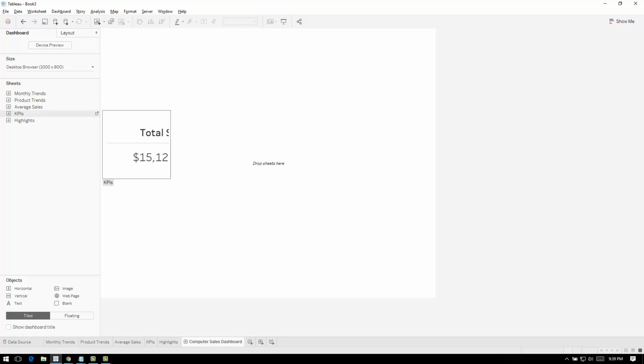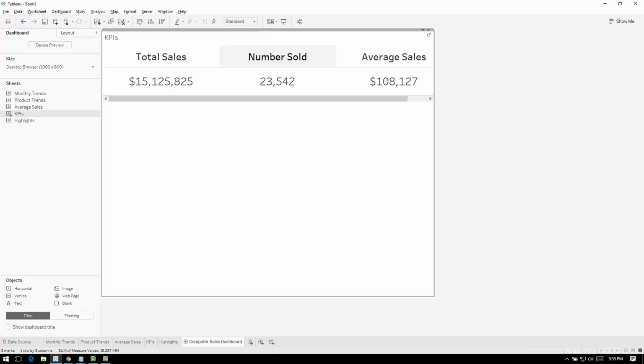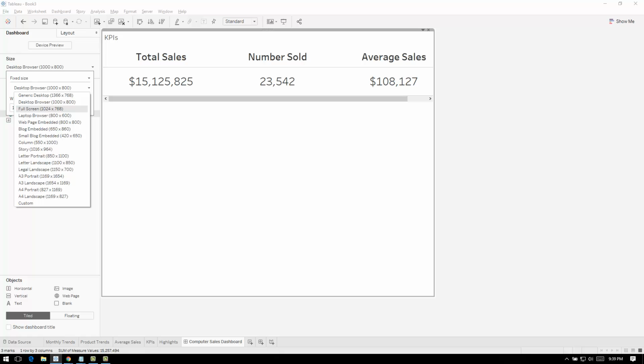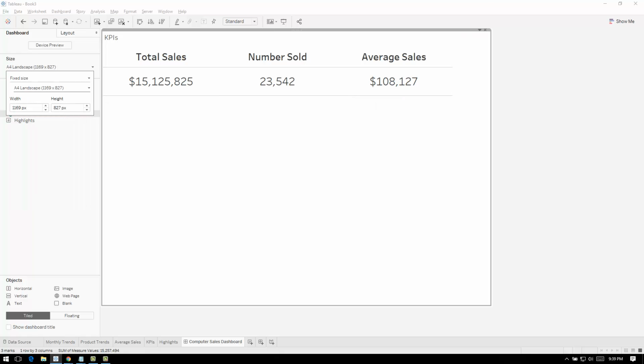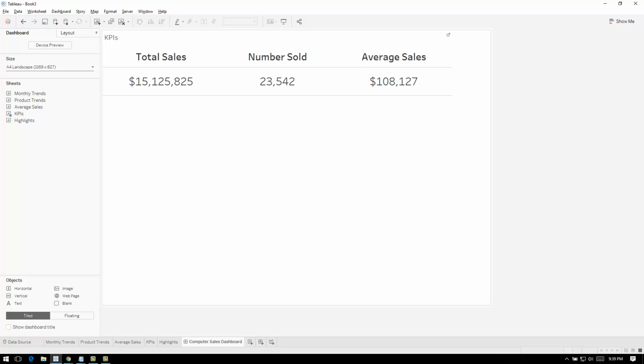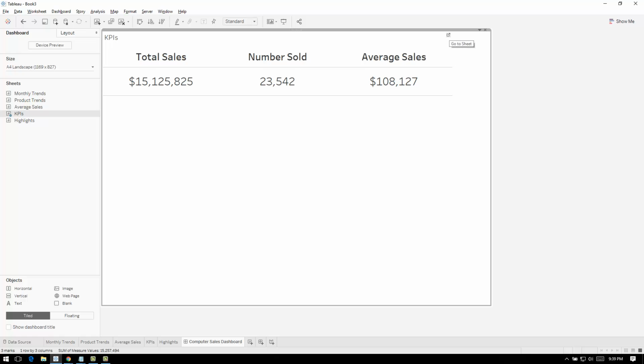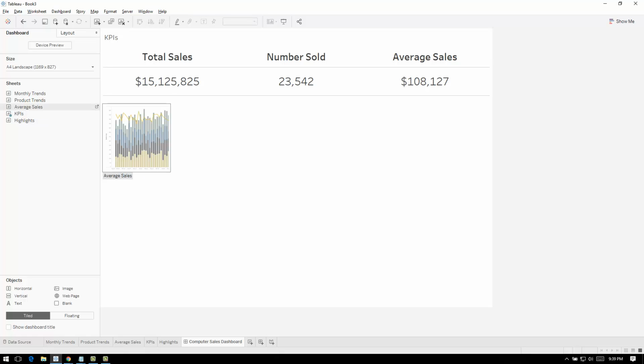The first thing I like to bring in is my KPIs chart, because it's going to be tagged up to the top. Before we do that, let's make this an A4 landscape, so a nice landscape shape. The other thing I want to do is fit this so it fills the entire width and stretches across. The next thing I'll do is bring in the highlights chart,